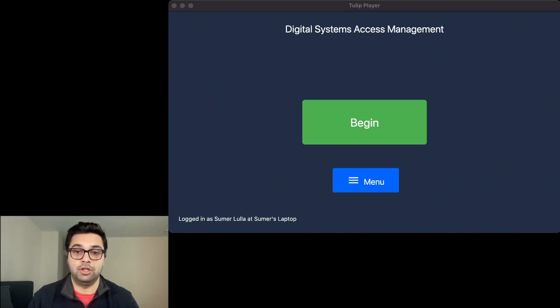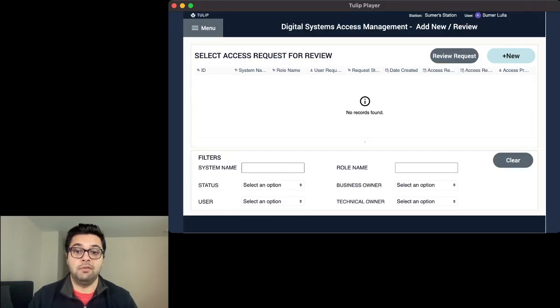Access Management application. The Digital Systems Access Management application allows users to submit requests for access to various roles in different systems, as well as allows administrators and supervisors to review these access requests and provision access or deny these requests for access. So jumping into the app, what we see is that we have a page where you can